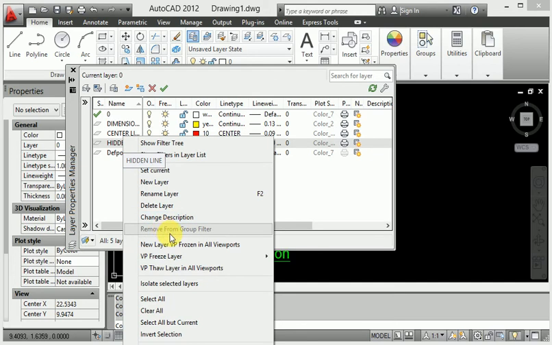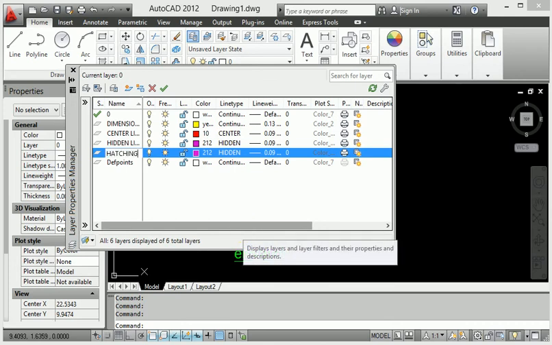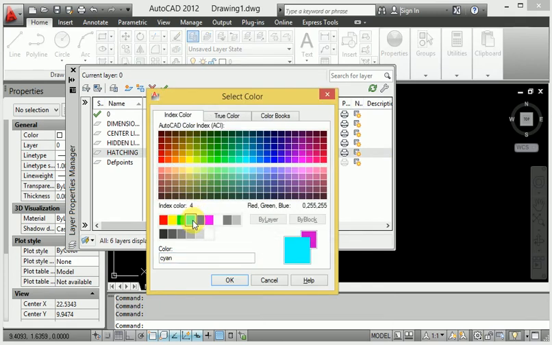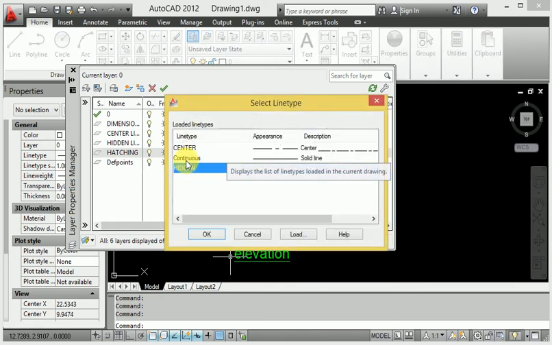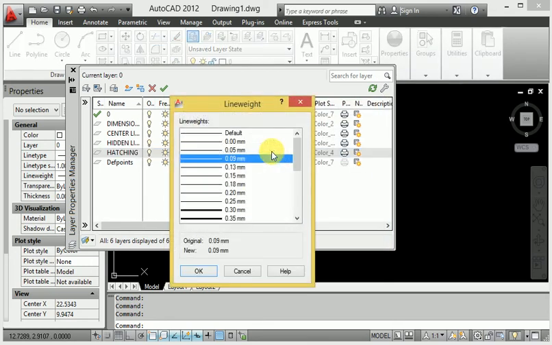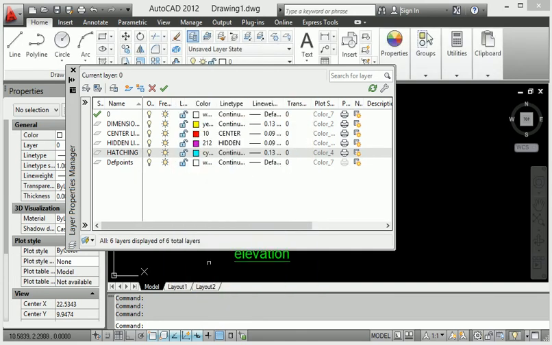Then the next is a new layer, hatching. You use it for section, so hatching is there. This color is used for hatching, and hatching is not hidden, so this is a continuous, solid line. The hatching thickness is 0.13, and okay.